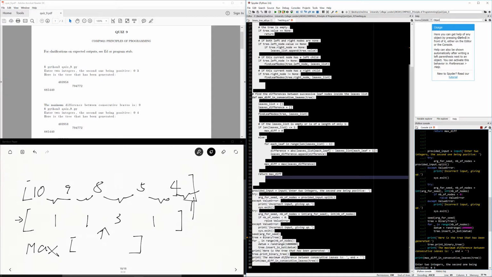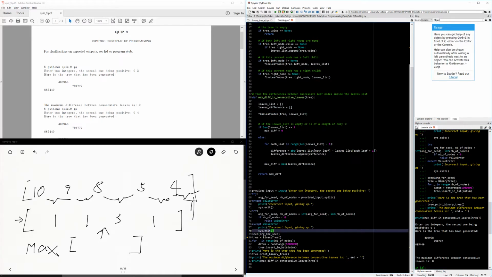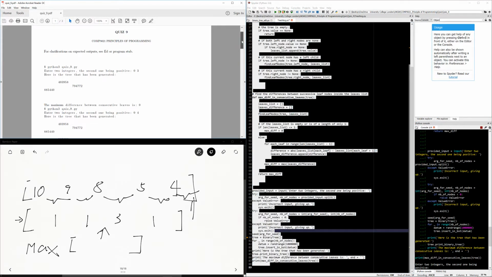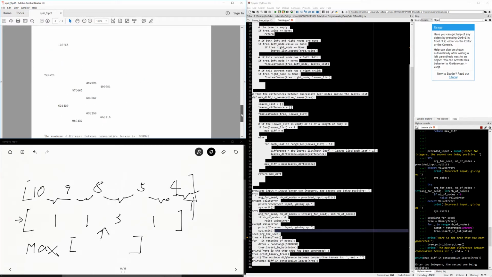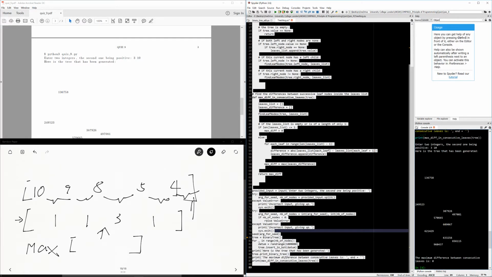So the maximum difference between consecutive leaves is 0, which is exactly right. Then let's test the next one. Actually, why not? Let's test the last one, the most difficult one first. Okay, so 3, 10. The maximum difference is,